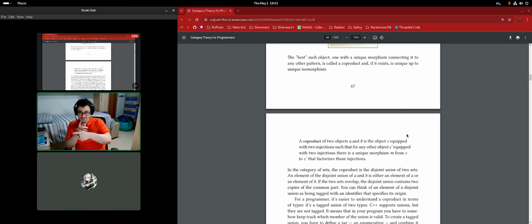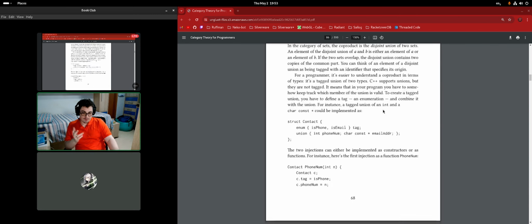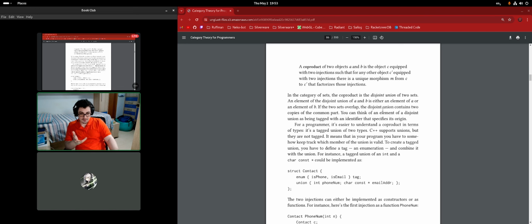No, no, no, but that's chapter 6, and that's where more confusion on my part comes in. Because I still need to understand the practical examples that I think are going to be... Yeah, it is in fact talked about here. So in the category of sets, the coproduct is a disjoint union of sets. Give me the A, the B, the C, P, and Q. What does this mean?